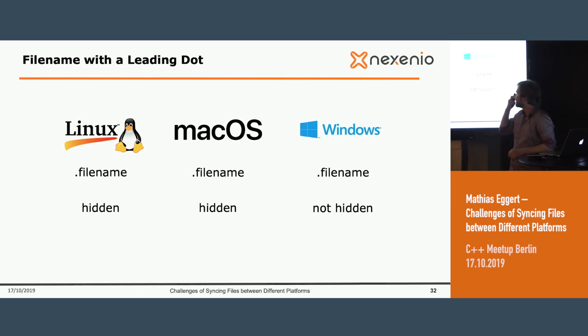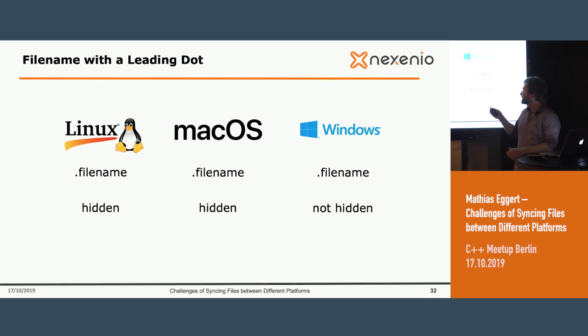And the problem you have now here is, if the Windows user is creating the .conn file, for example, and now synchronizing these .conn files with the Linux and macOS platforms, then Linux and macOS will see every file is synchronized, but they will not see this file. I mean, we as developers, we're laughing about it because we always see the hidden files, or we want to see the hidden files. But most users don't want to see the hidden files because they are hidden for a reason. And they want to have it easy.